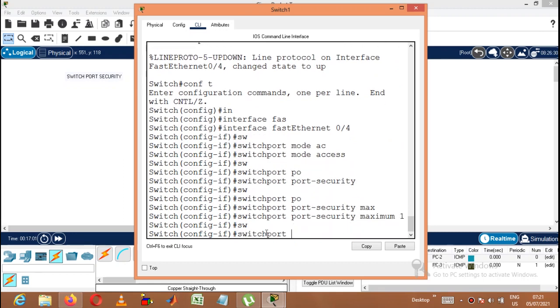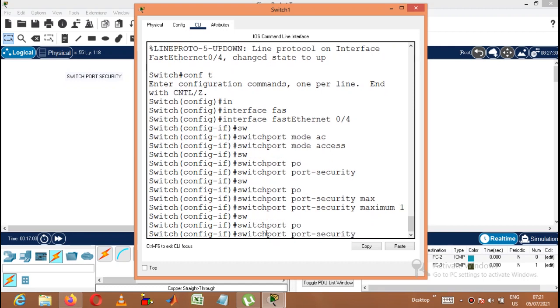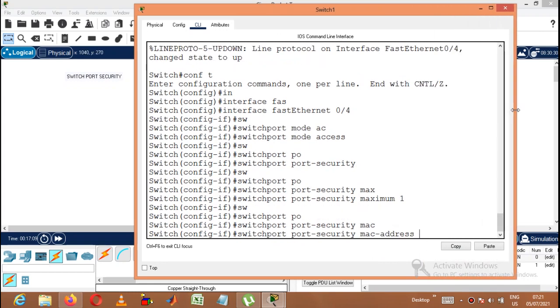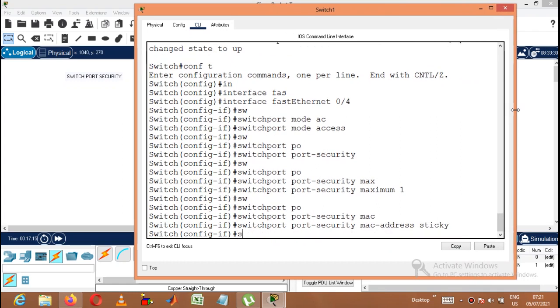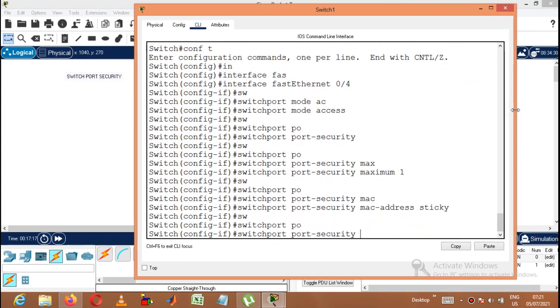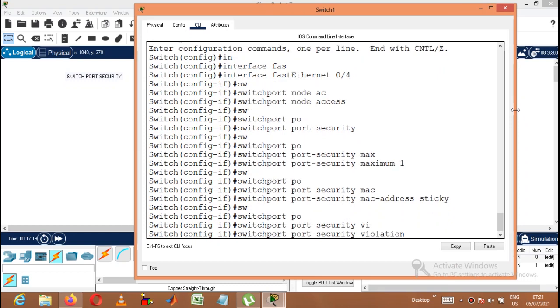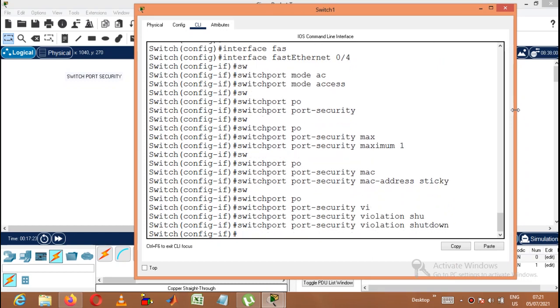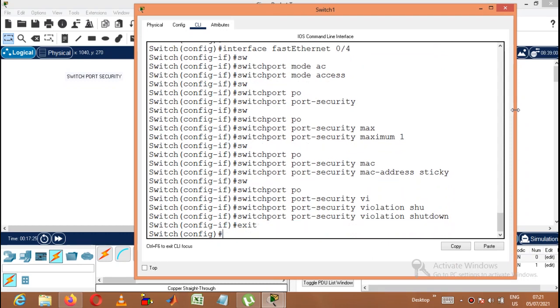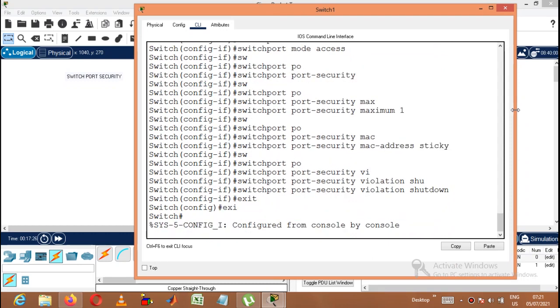Then switchport port-security, I need to tell the MAC address, right? It is sticky, which means that it is already stuck onto the switch. The last is the violation command, switchport port-security violation shutdown. Yes. Now exit from this mode.